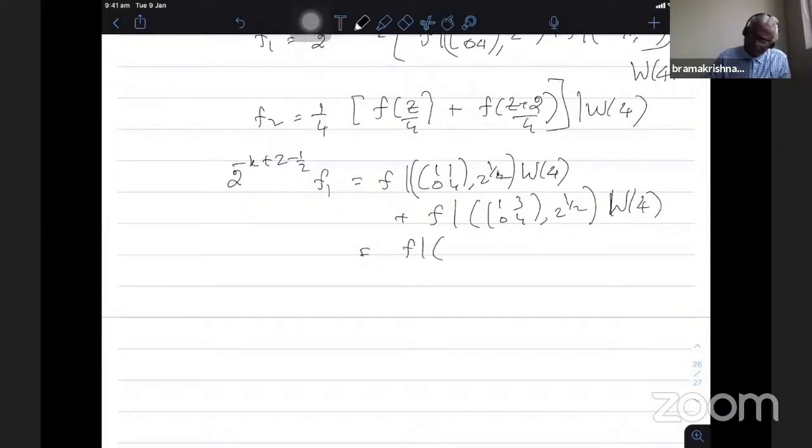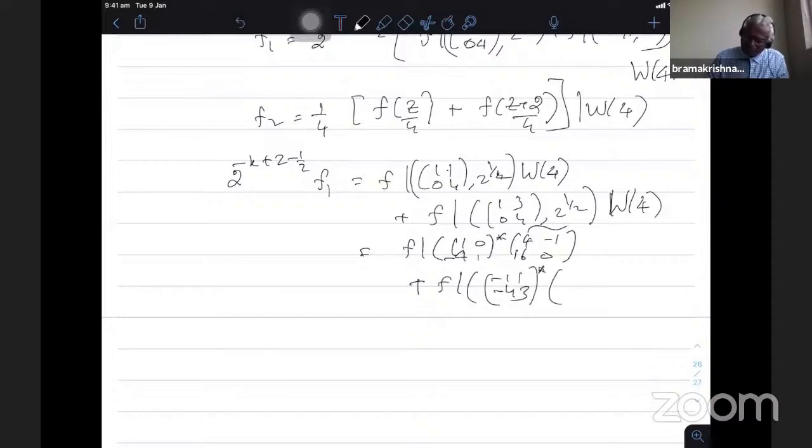I'll just write this one 1 0 minus 4 1 star. So the star means lifting of gamma 04 element. Tilde means it is lifting of GL2 plus element, into 4 minus 1 16 0 tilde. So the first part is like this when I multiply with w4. Second one is f bar minus 1 1 minus 4 3 star into 12 minus 1 16 0 tilde.